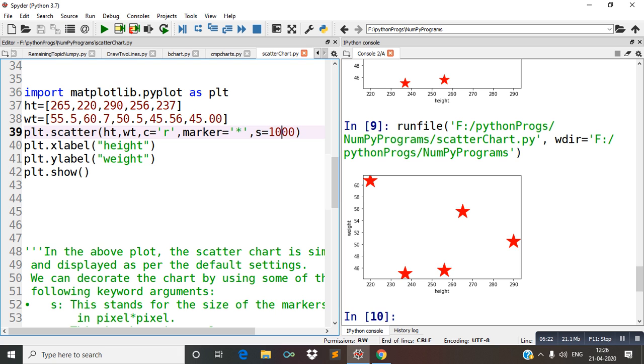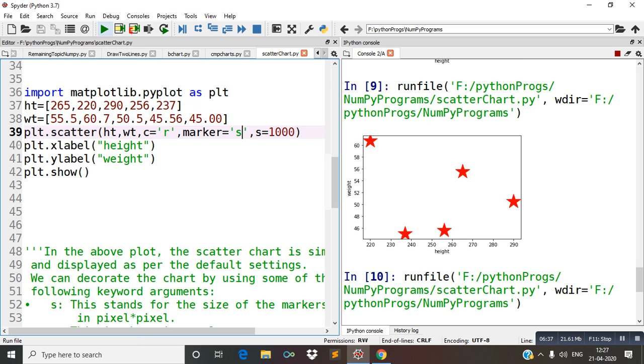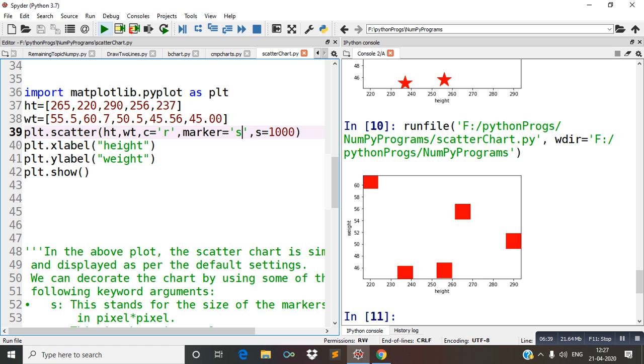Instead of star, if we use s, then what will be its output? Now you can see squares. And if we reduce the value, changing 1000 to 100, then these squares will be smaller. Using this way you can decorate your scatter graph.